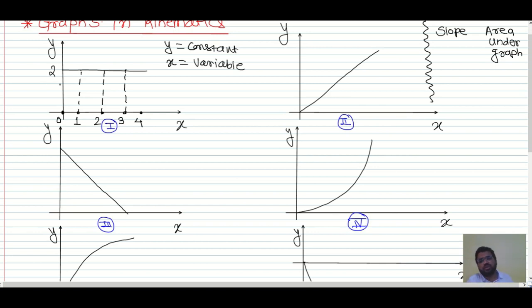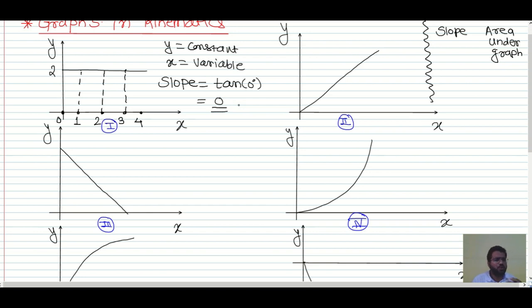So as you can see over here, this line is horizontal. So with respect to horizontal, this line is making a 0 degree angle. So if you want to write the slope of this line, it is equal to tan of 0 degree, which is equal to 0. That means, what is the change in y if I change the x? As you can see, if I change the x, the change in y is 0, and that is the reason we can say the slope is 0.